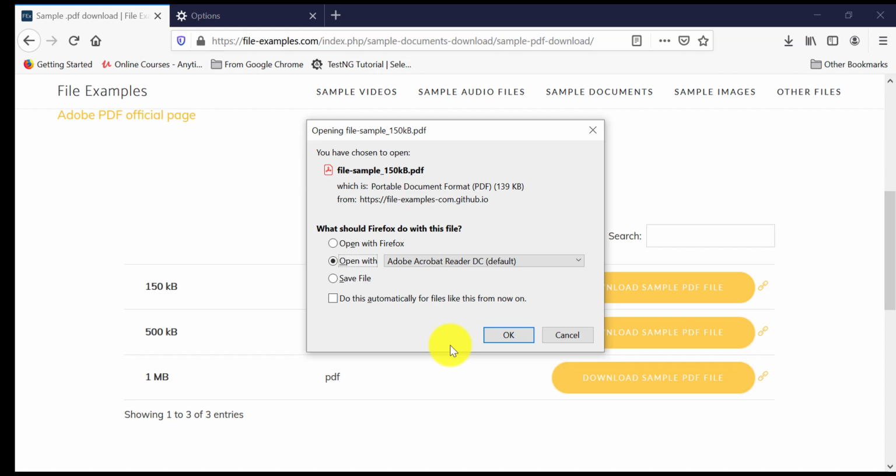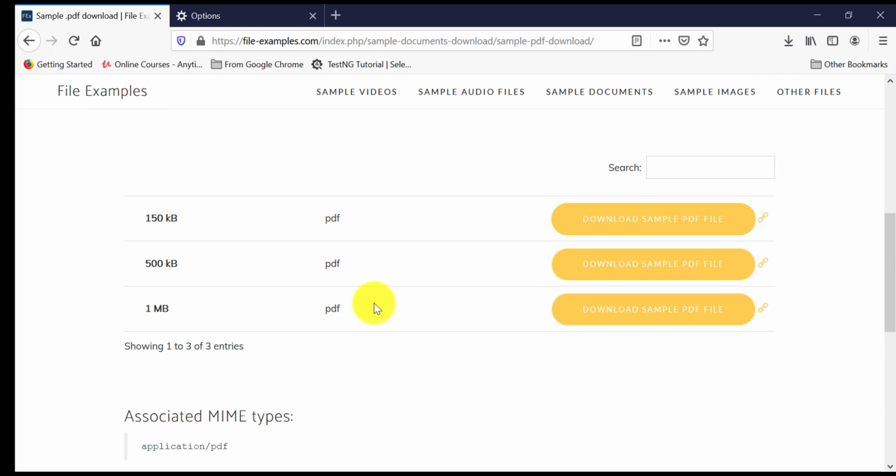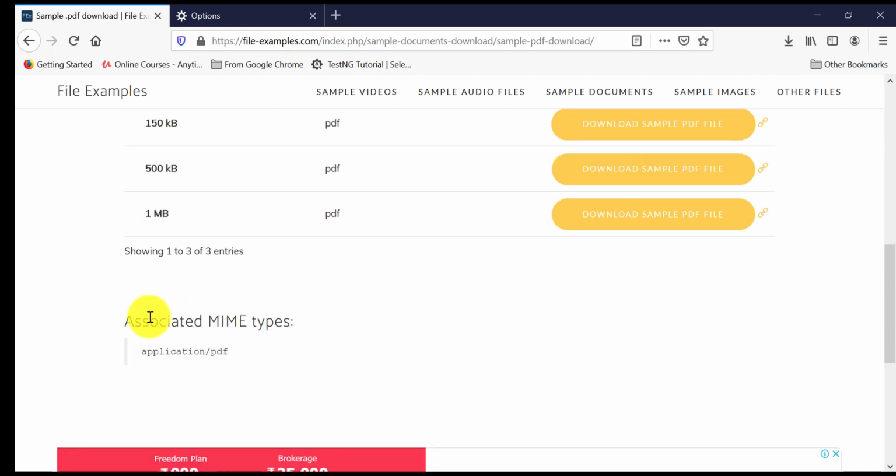When it comes to Firefox, whatever data is processed depends upon the MIME type. For Chrome we do not have such a type, but when dealing with Firefox and downloading data, different file types have different MIME types. For example, for this PDF we have this MIME type, so while automating we need to use it.